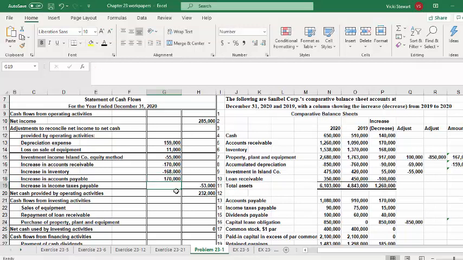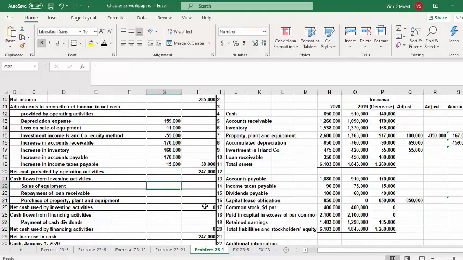And income taxes payable also increased by $15,000, so that would be an increase. So we have our total for our reconciliation, our adjustments to reconcile net income to net cash provided by operating activities of a negative $38,000 that would be subtracted from net income of $285,000 to give us net cash provided by operating activities of